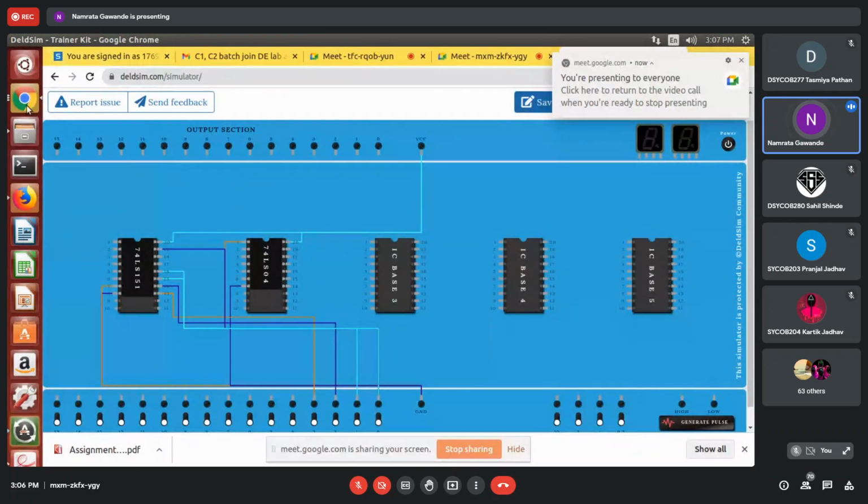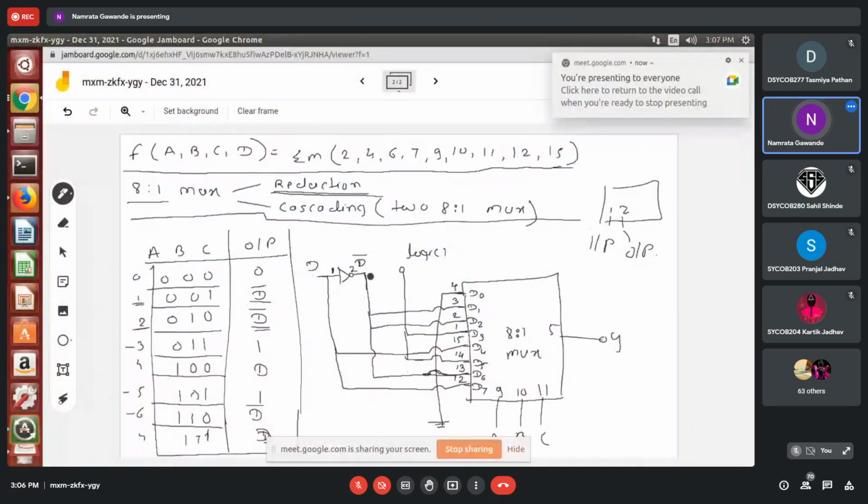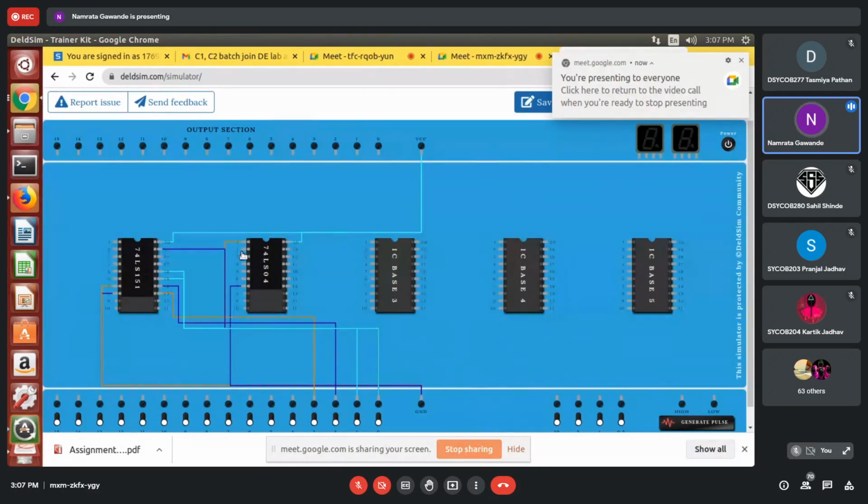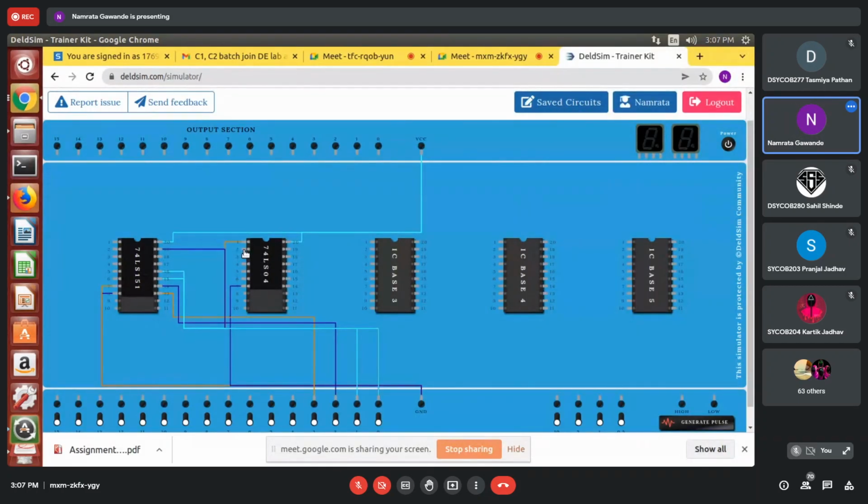Okay, so after that, D bar. You can see D bar means pin number 2. It should be connected to D1, D2, and D6, means pin numbers 3, 2, and 13. D bar means this, right? 1 is the input, 2 is the output. So this should be connected to pin number 3.